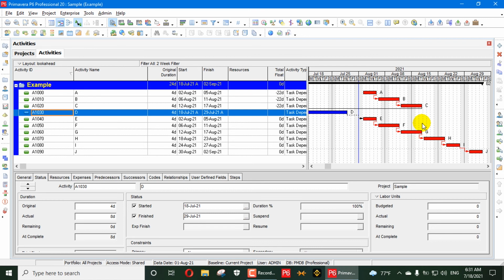If you are updating out of sequence activities, it means your CPM is not accurate, and in every update the CPM may change. So how do you find your out of sequence activities easily and manage them to maintain your CPM in Primavera P6?